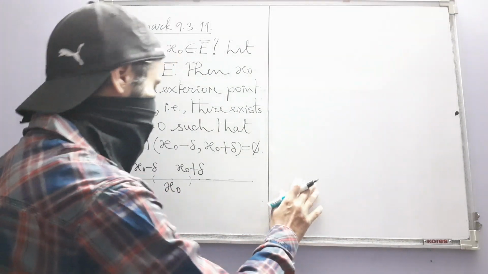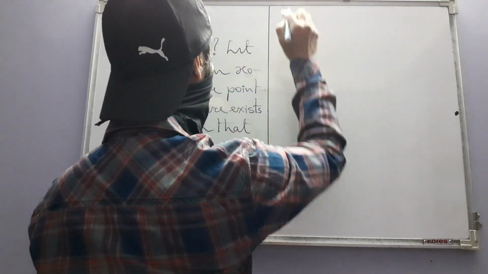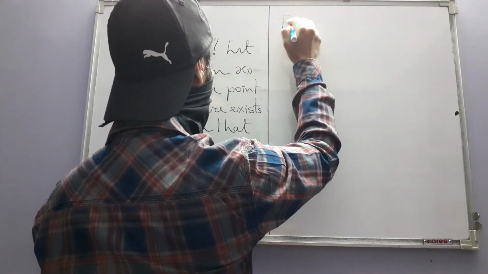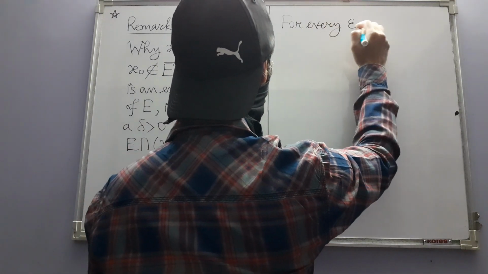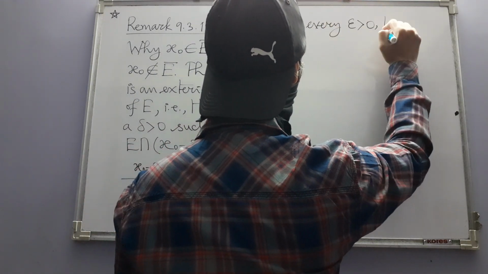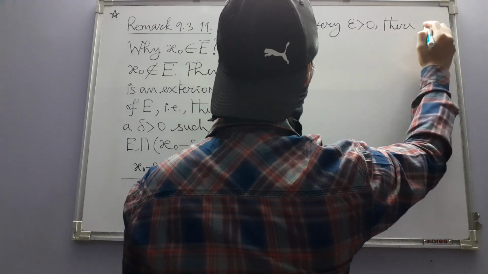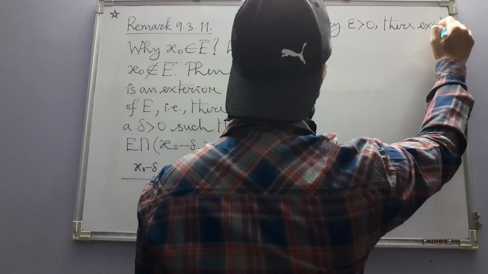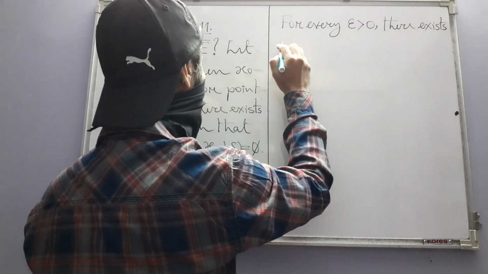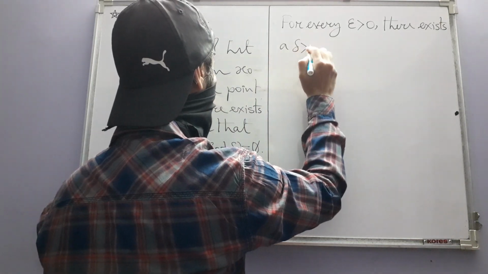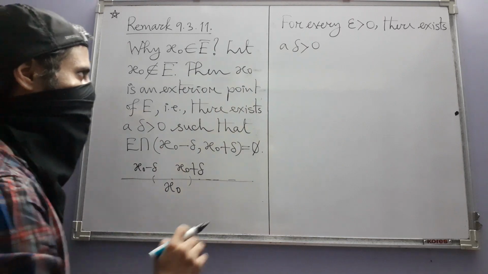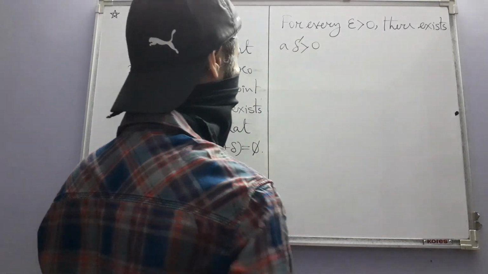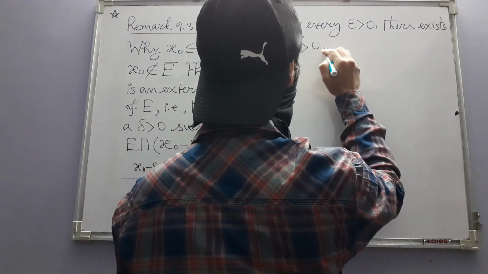Okay, so the implication is this: for every epsilon positive, there exists a positive delta. In order to distinguish this delta from this delta, let's call it delta prime, such that